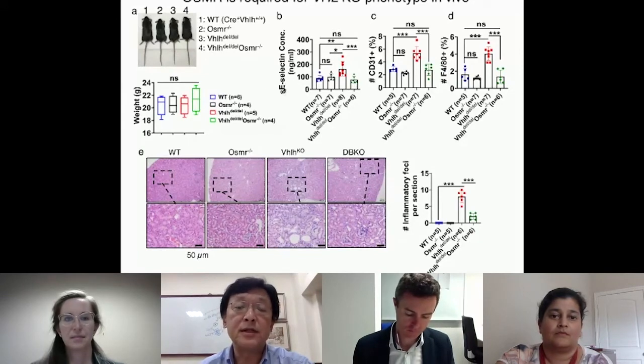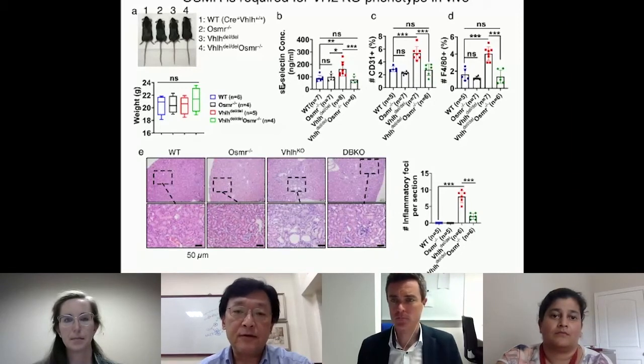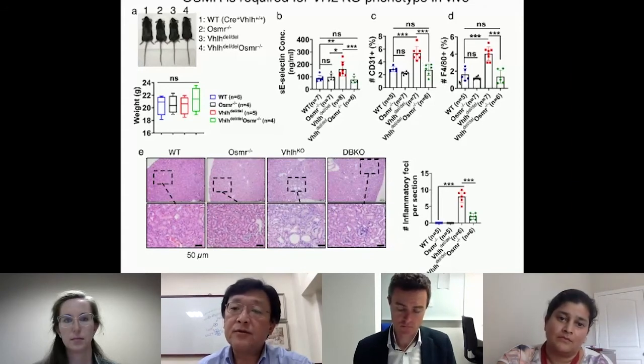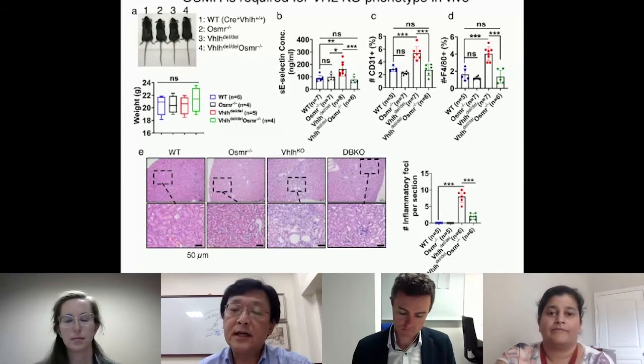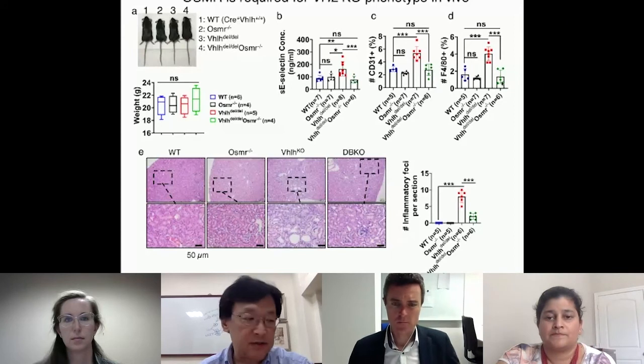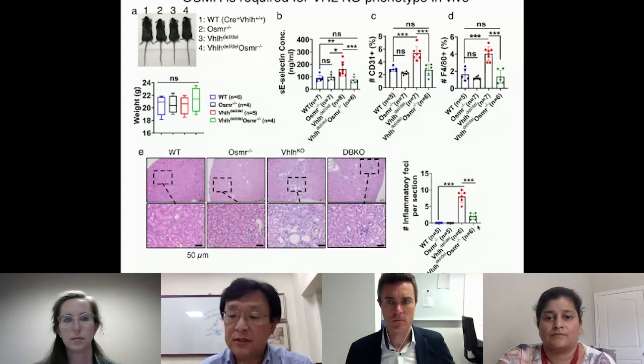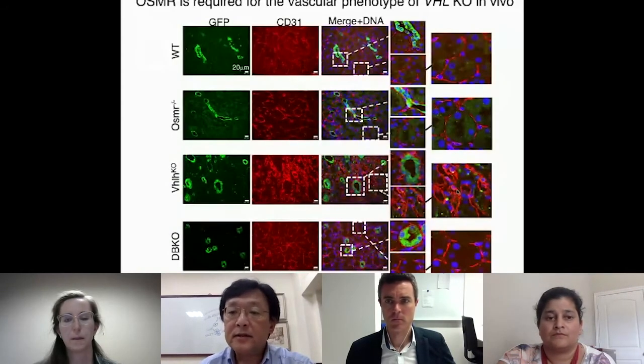For example, this secreted selectin E, an activation marker of endothelial cells, is reduced from the VHL conditional knockout. CD31 positive cell number is reduced, and the F4/80 staining, which stains for the macrophages, is also reduced. So the macrophage infiltration is reduced. And these inflammation foci numbers are also reduced. And importantly, this dramatic